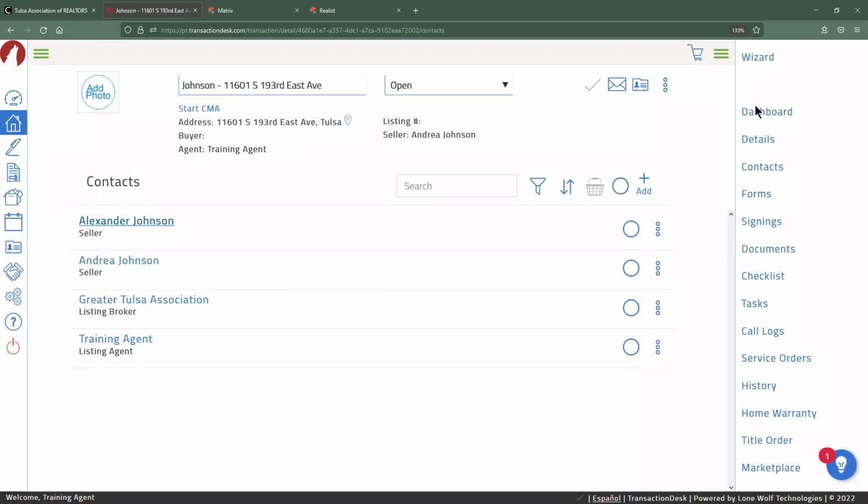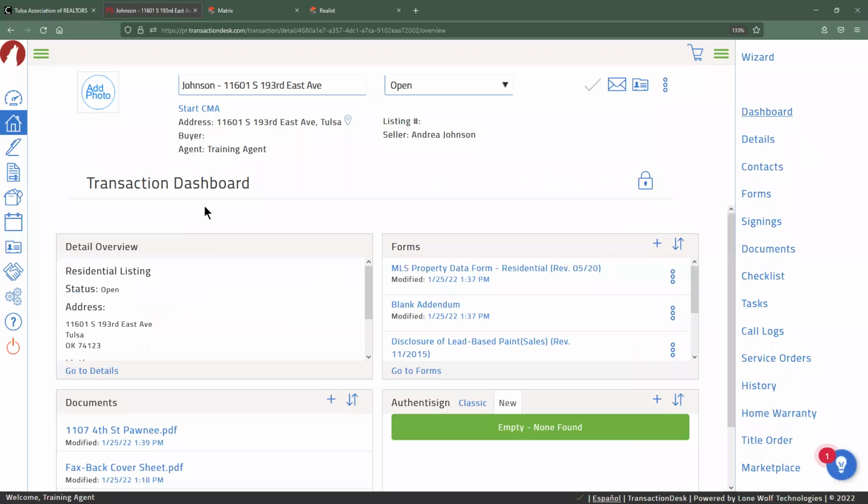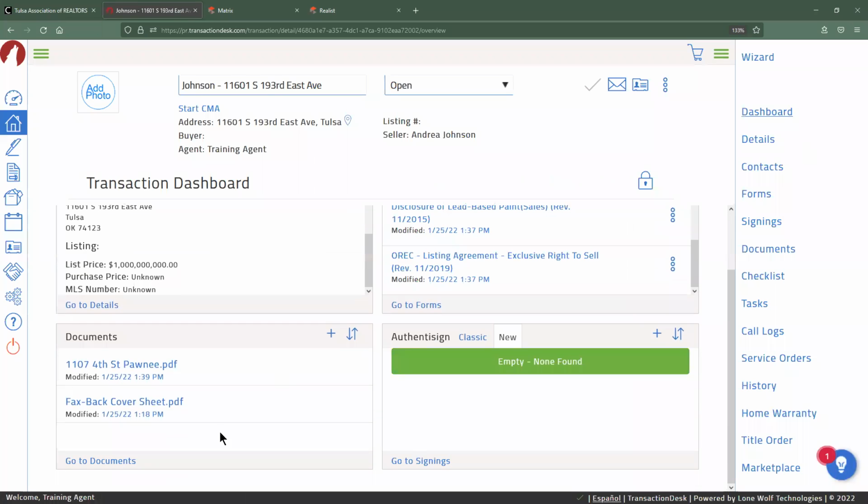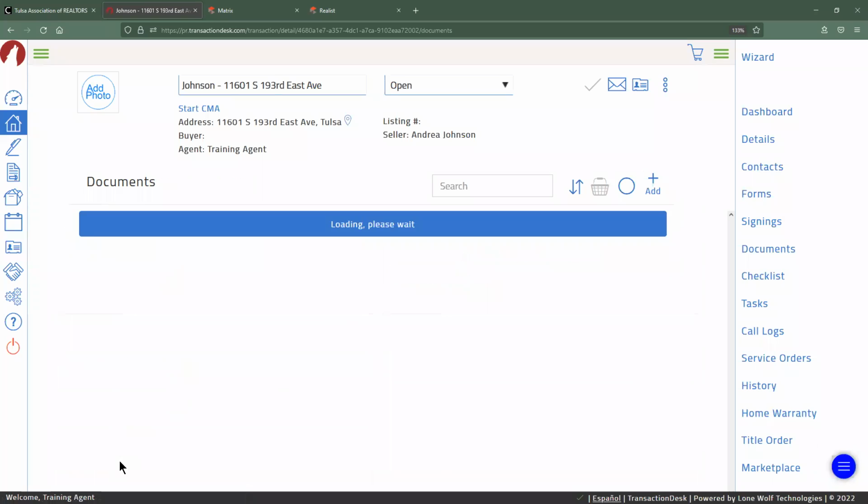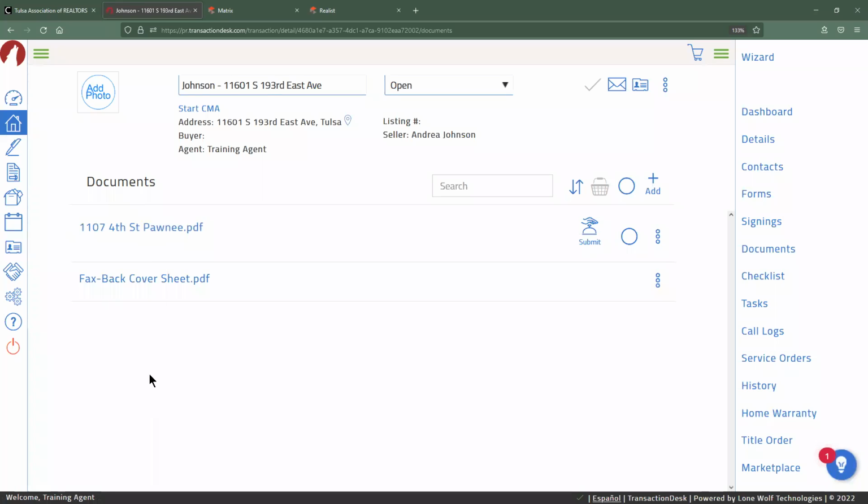All right, so back on my dashboard, again, right after I'm done with my wizard, it should plop us here. We see the details overview on the left, we see our forms on the right, and we see any of the documents that we've added over here at the bottom. Just so you guys are familiar with what the options are for documents, when you go to documents, it's going to show you a list of everything that you've added, including the system default. That's a fax back cover sheet in case anybody needs to time travel to 1999 and get something faxed to them. But on our PDF here, you'll notice that there's a couple extra options.